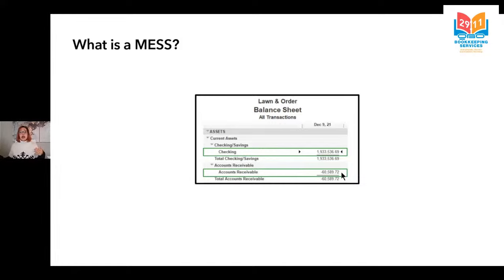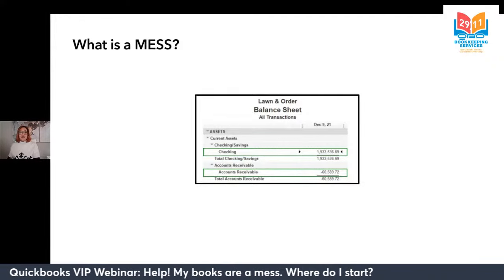Now, there could also be a ton of different problems that occur on the balance sheet. Like, for example, do you have a bunch of different accounts on this report that have no meaning? You don't know what they're for. Or maybe are your tax liabilities way off? These are just a few examples so you can start training yourself to know what to look for. Your balances are a great place to start.